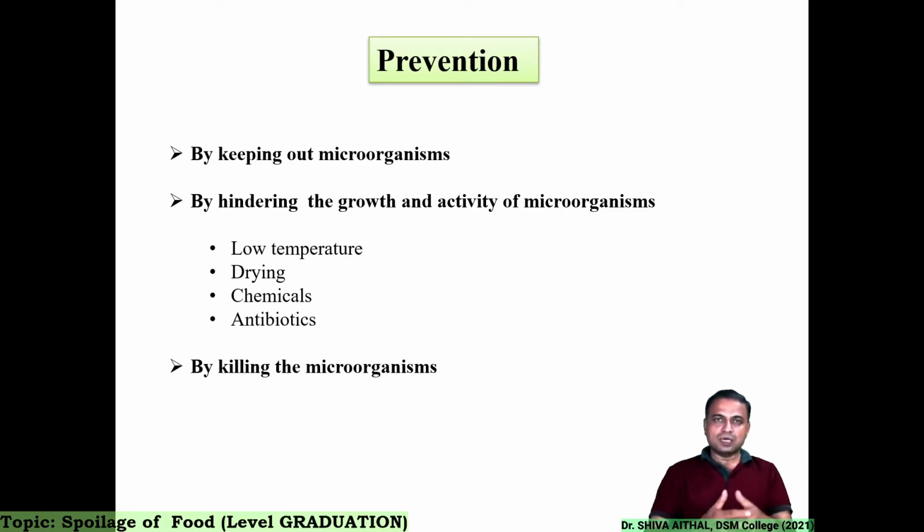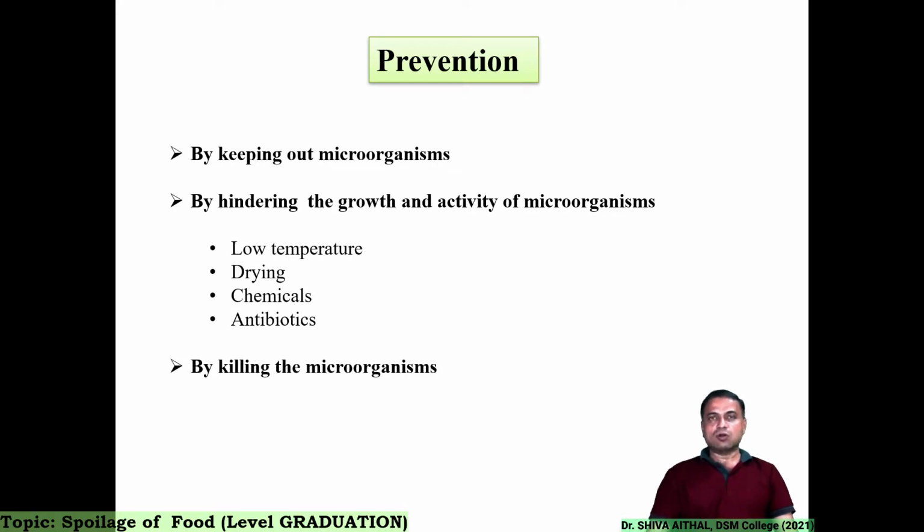What you do, you add an extra amount of salt. Jams and jellies, you add an extra amount of sugar, that itself becomes a preservative. Some antibiotics like maybe garlic is an antibiotic compound, then your clove, lavang, that is also an antibiotic compound. These can be added as spices and condiments. They are the best antibiotics, natural antibiotics. They can be added in the food to keep the microorganisms at bay, to keep them away.